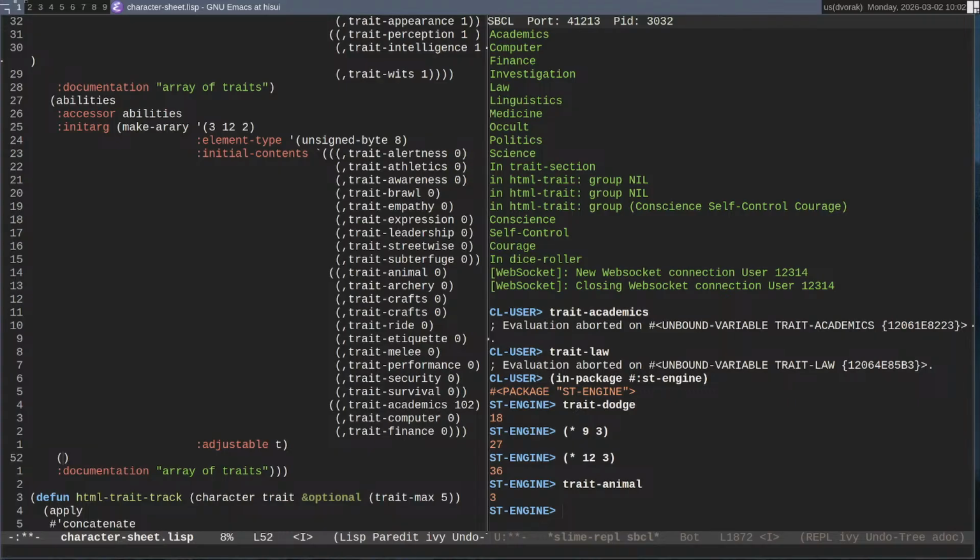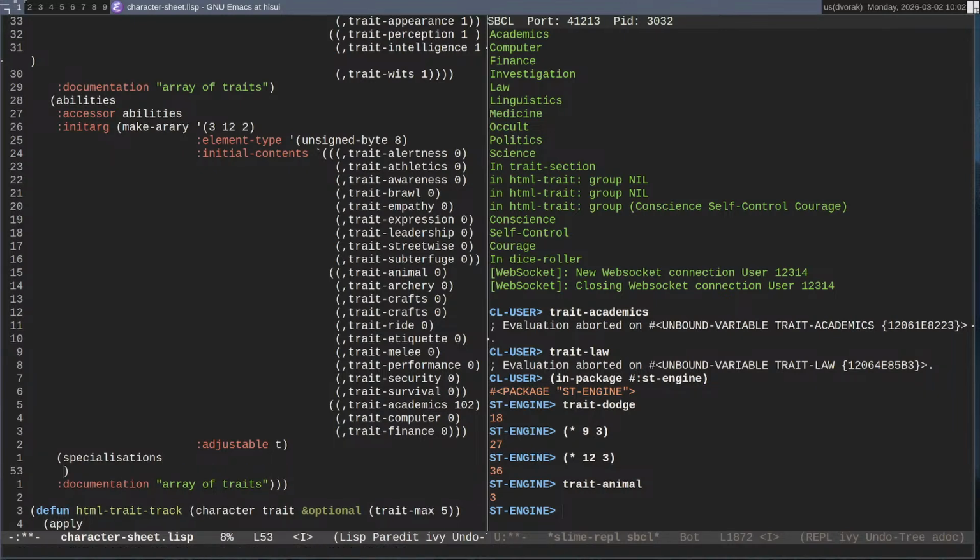And then we need specializations, with an accessor of specializations.